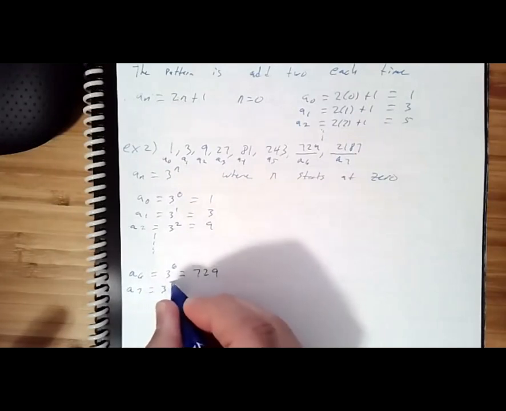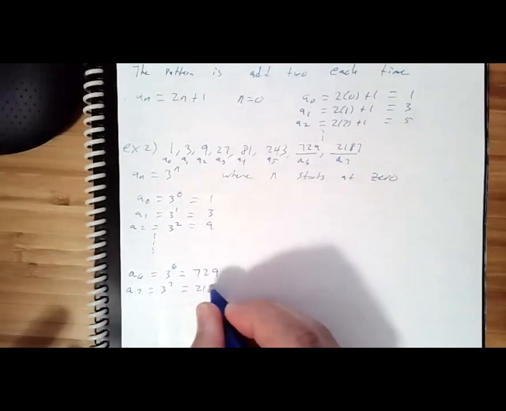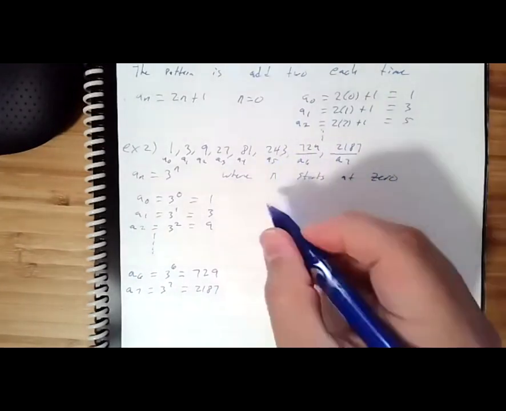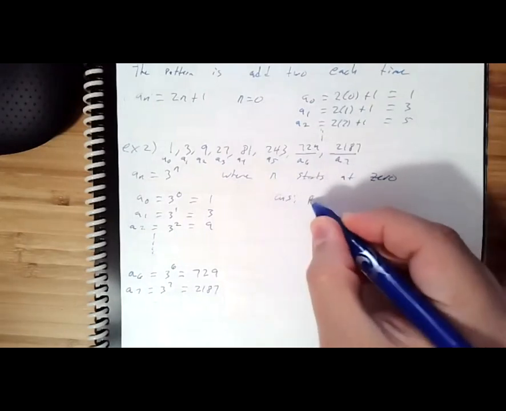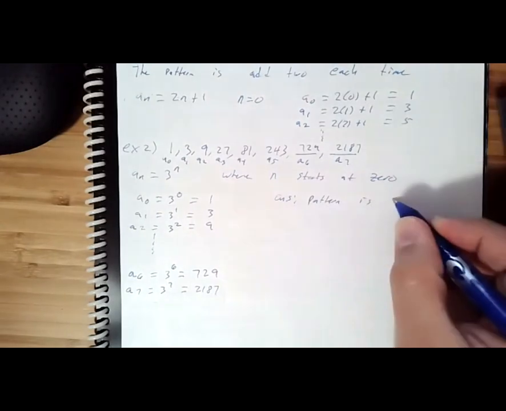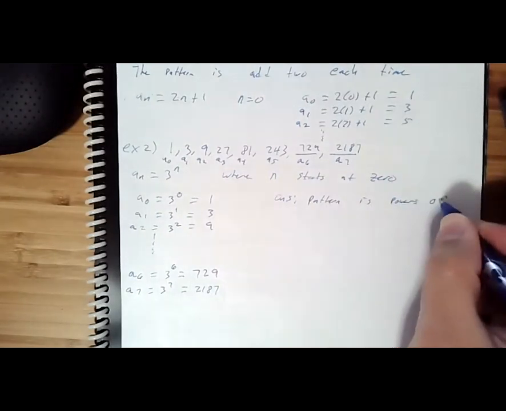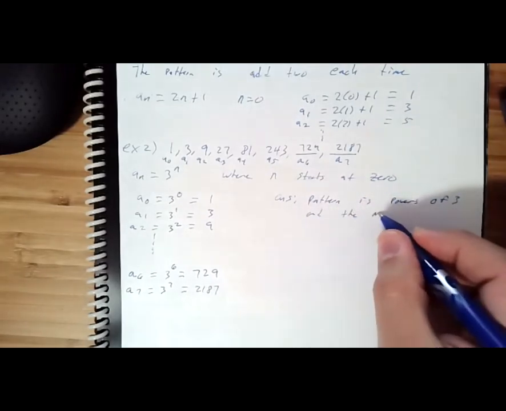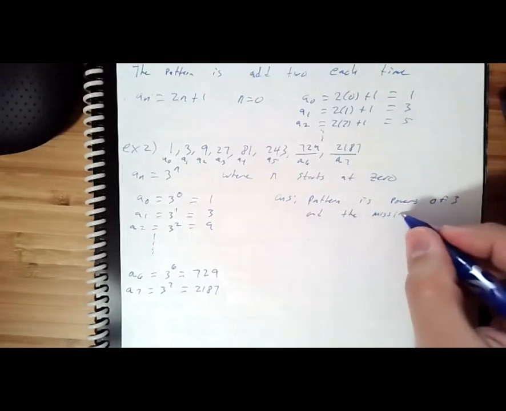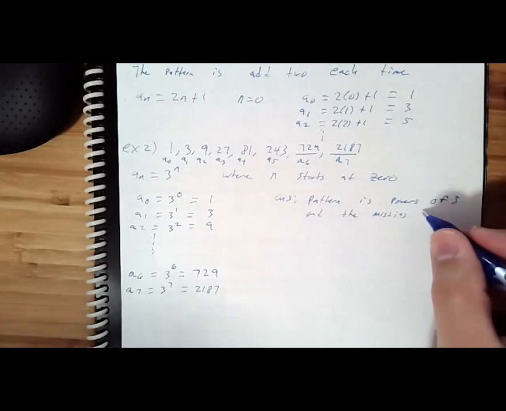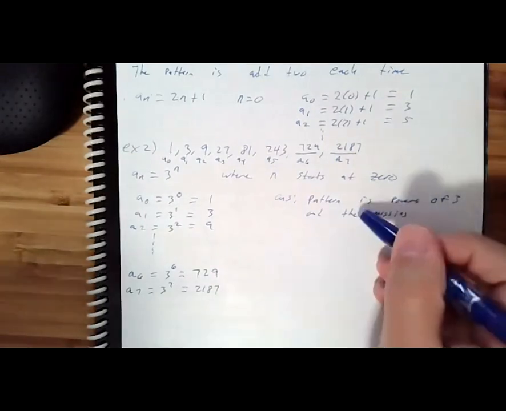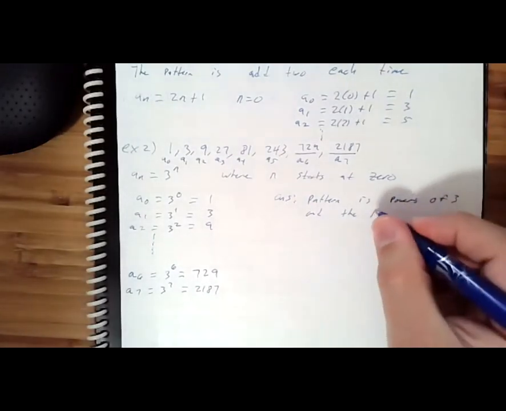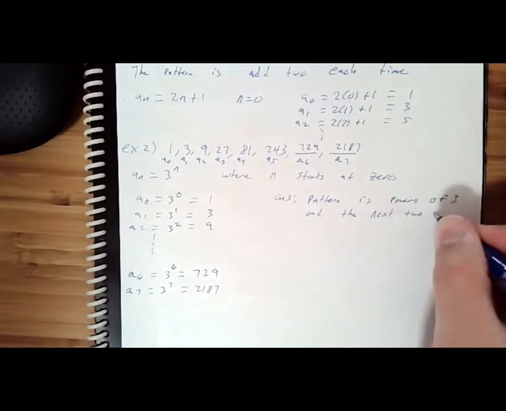A7 is 3 to the 7, 2187. So all they wanted you to do is find the pattern, right? So this is the answer, you would say. The pattern is powers of 3, and the missing, I guess I should say, the next 2 items. That's how they phrased it. The next 2 items